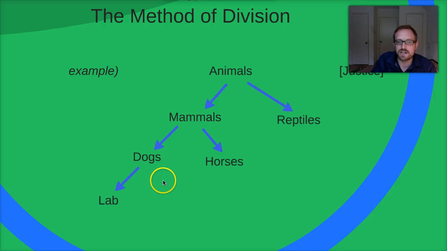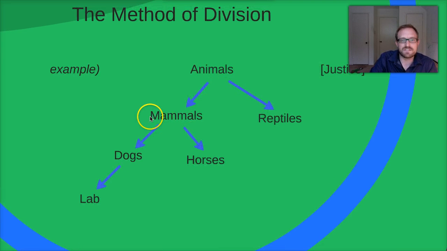Of course, there's other types of dogs. There's poodles and so on and so forth, right? But you can see what we're doing here is we're taking categories and splicing them apart, ultimately to determine what the essence of something is in relation to the essence of another thing, right? So the essence of a lab is such that it has a species relationship to the genus of dog. Now, the species-genus distinction is actually developed by Aristotle, but ultimately Plato recognizes the exact same logical relationship.